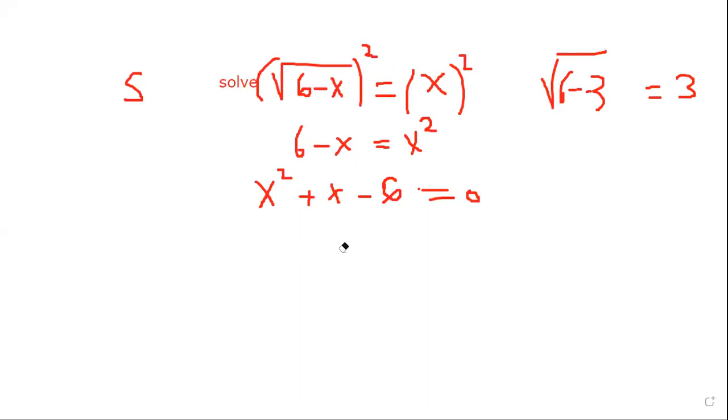Square root of 6 minus negative 3 is square root of 9, which is 3, not negative 3. So negative 3 does not check, so it's extraneous, and the only solution